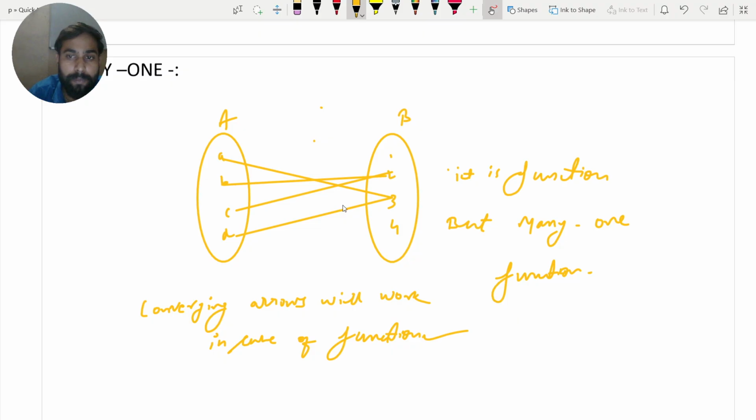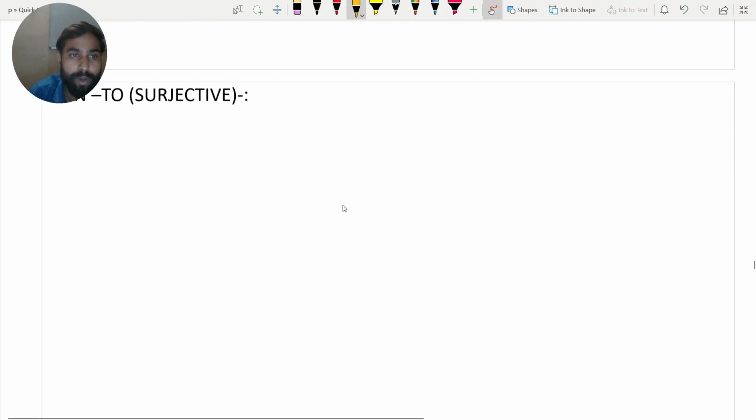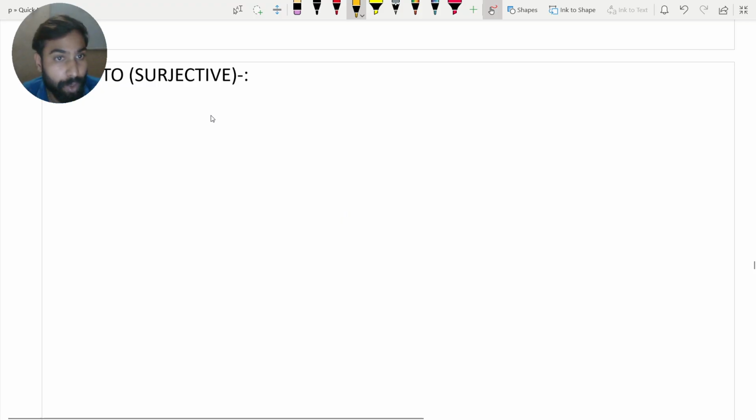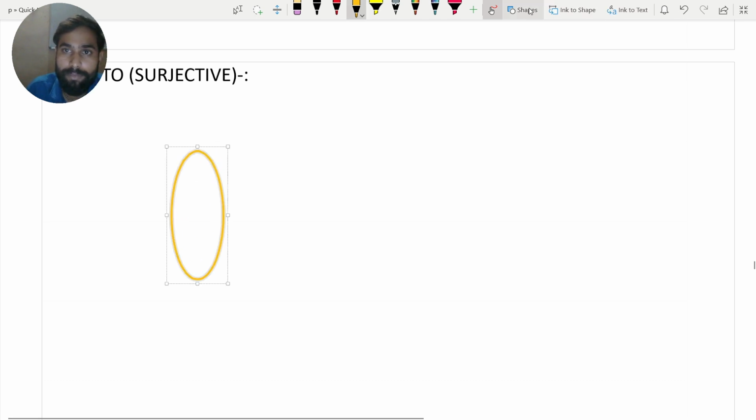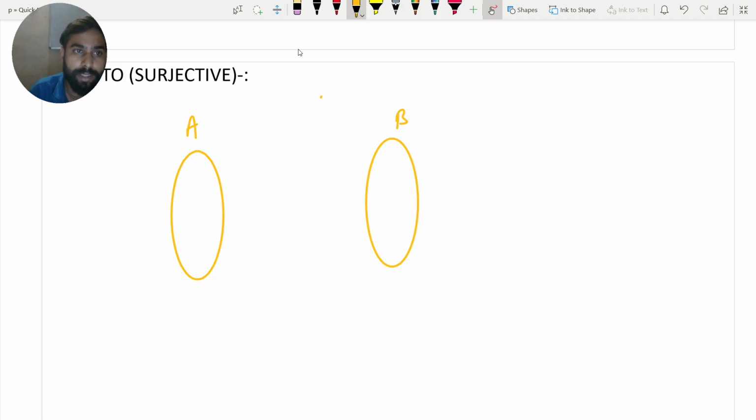Now the next function is onto, which is called surjective function. From the arrow diagram, this is set A, this is set B. In onto function, there's a condition. What is this condition? The condition says range equals codomain. 1, 2, 3, 4.